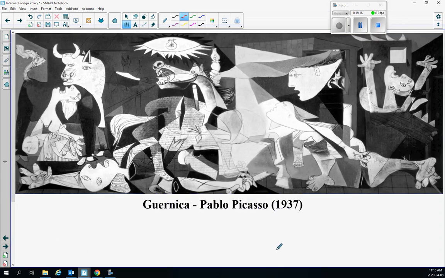Famous painting by Pablo Picasso demonstrating the Guernica massacre in 1937. Again, Guernica was a civilian fishing village. None of those people had anything to do with the Spanish Civil War or any war. They wanted to try out the incendiary weapon, the napalm, hence Picasso's famous painting. So the bright light would be the napalm coming from the sky, and you can see the chaos that ensues shortly after